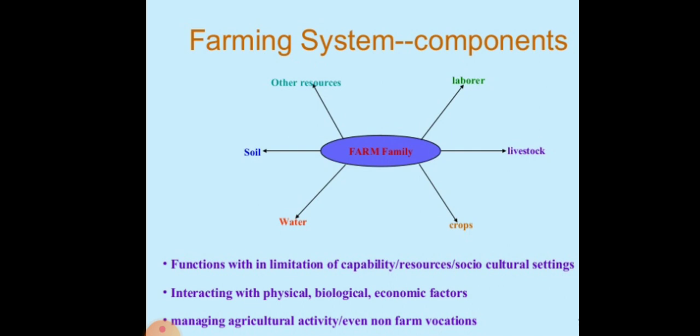Okay, so functions in limitation of capability, resources, and socio-cultural settings. So the farming system is a holistic development for the community. Okay, for the community, why? Why does the farm family consider the community? Because of some factors, like for example,